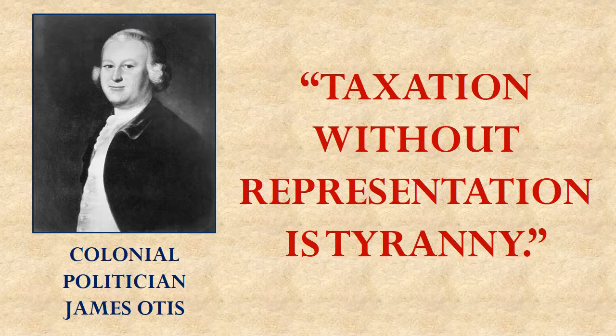They had colonies spread all over the planet, with literally millions of people living in those colonies. If they gave those people fair representation, allowed them to elect people, and send them to England to meet in the Parliament, there'd end up being more people from the colonies in the Parliament than there would be from the homeland. So rather than laws being passed where the homeland bosses the colonies around, instead the colonial representatives would pass laws to boss the home country around. There was no way the home country was going to allow that to happen. So they said no representation, and the colonists said, therefore you can't tax us.